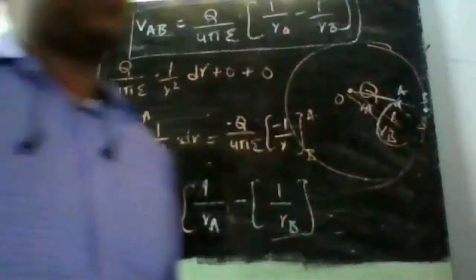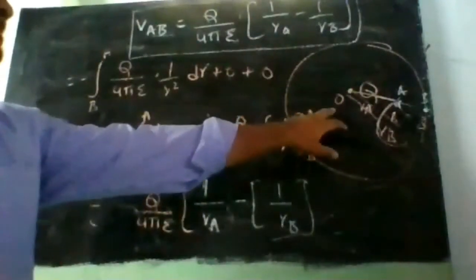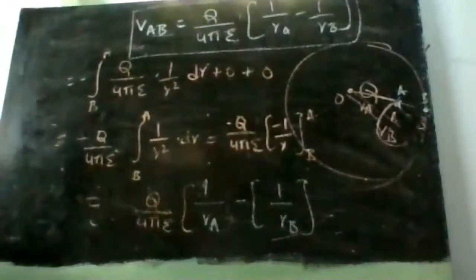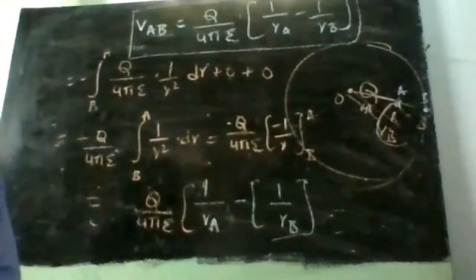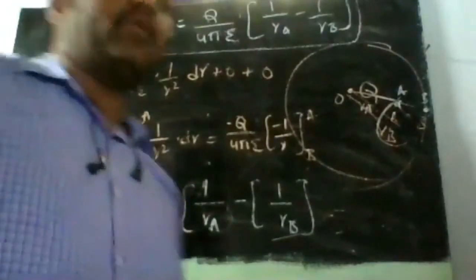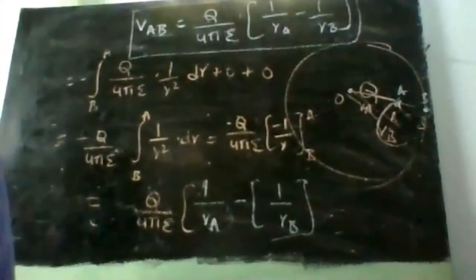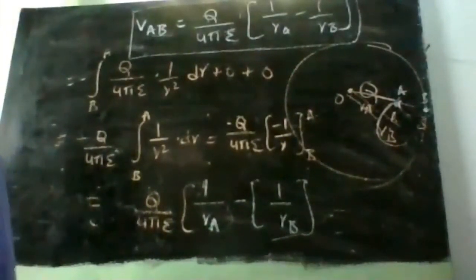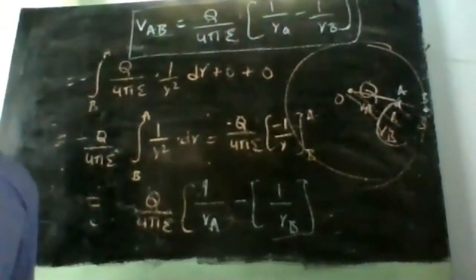First of all, we have to calculate the potential difference between the 2 points. For that, first, because of this point charge Q, I know the E bar. The formula from Coulomb's law: E bar is equal to Q by 4 pi epsilon 1 by r square into ar bar. That is the E bar because of the point charge Q. Then dl bar, which is the differential change in length. The coordinate system that I am considering is the spherical coordinate system, so dl bar is equal to, what is the expression we write?